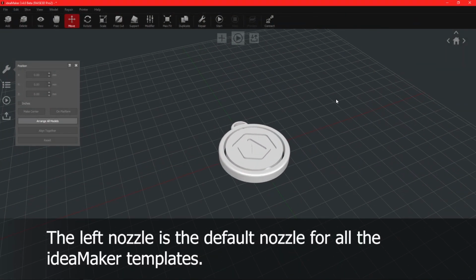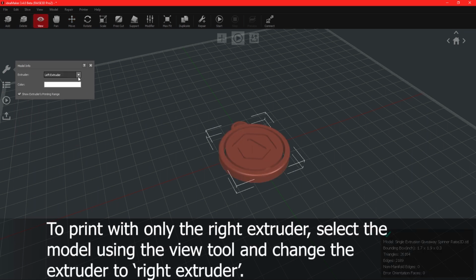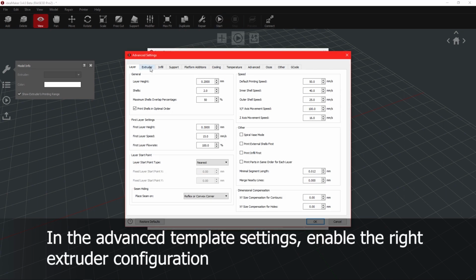The left nozzle is the default nozzle for all the ideaMaker templates. To print with only the right extruder, select the model using the View tool and change the extruder to right extruder. In the advanced template settings, enable the right extruder configuration,